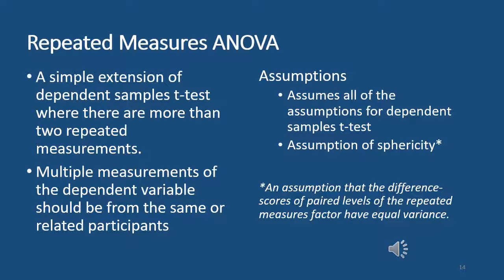So now let's talk about repeated measures ANOVA. This is a common test that is used in nursing research, and it's a simple extension of the dependent samples t-test, but there are more than two repeated measurements. These multiple measurements of the dependent variable should be from the same or related participants. The assumptions are the same as the assumptions for the dependent samples t-test and the assumption of sphericity. And this is the assumption that the different scores of paired levels of the repeated measures factor have